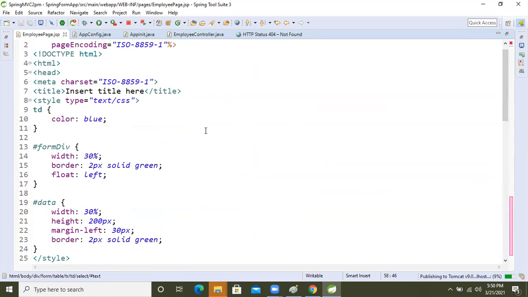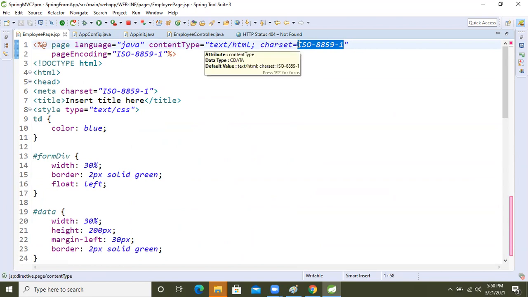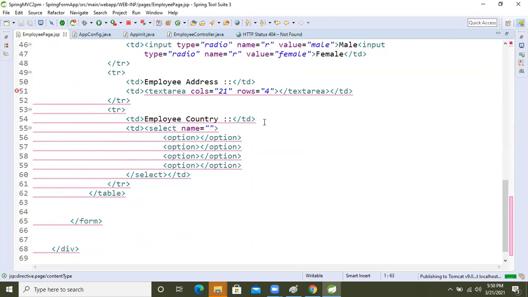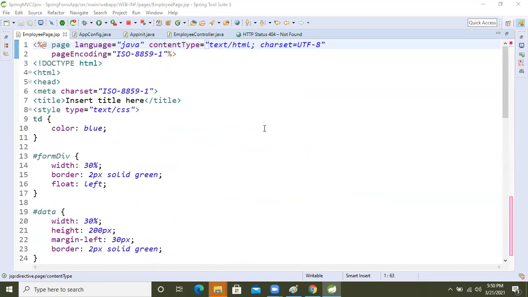Do you know why it's giving the error? Java encoding. I'm giving UTF-8. Java HTML, text HTML, page encoding.